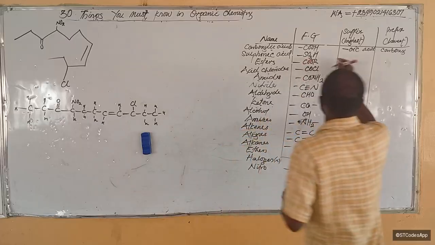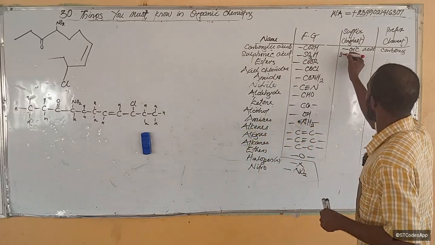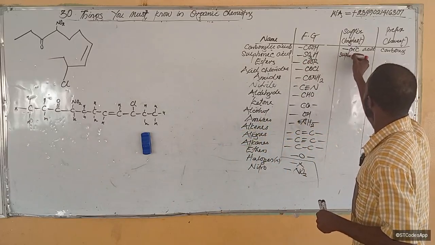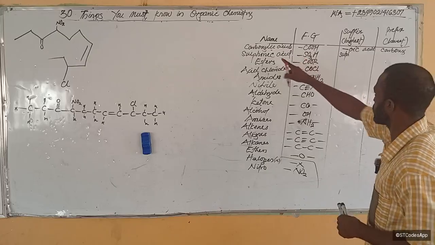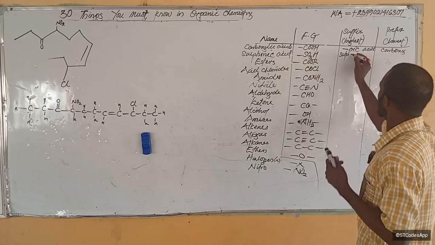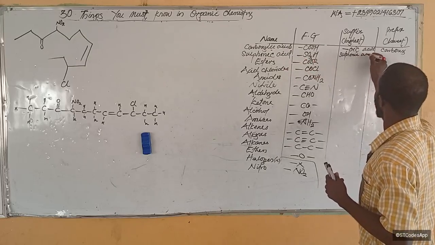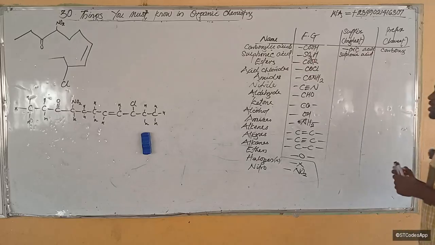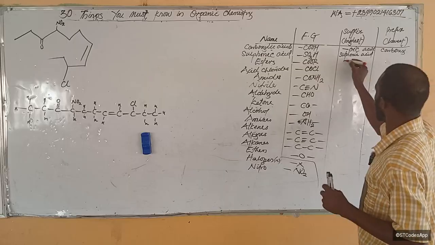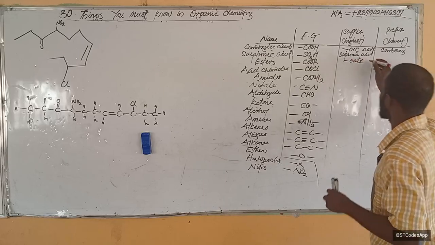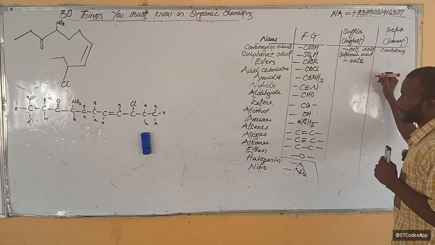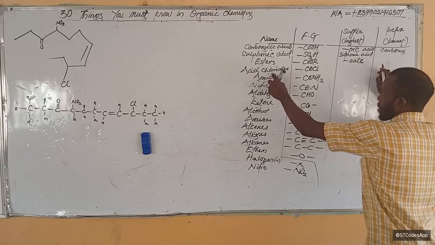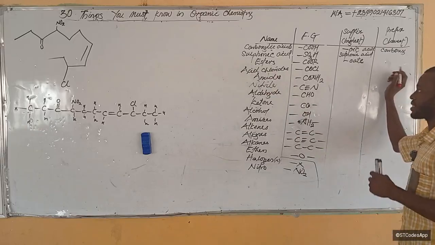Then this one, of course, will end with sulfonic acid. That's the name already. This one will end with oic acid, and this one with sulfonic acid. Then this one, ester, is going to end with oate. You already should know that. The other one is quite common. Oate. Acid chlorides end with